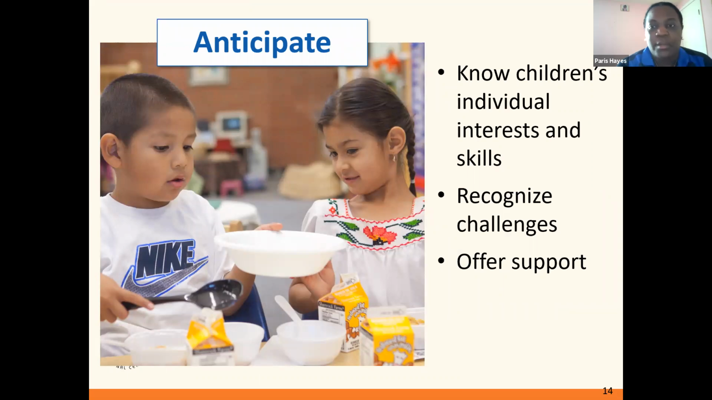Anticipate. Know children's individual interests and skills, recognize challenges, and offer support. Anticipating children's behavior allows staff to determine which children may need more attention and support at any given time. Anticipating how to engage children in activities or in centers makes it easier for staff to plan ahead for all possibilities. For example, if a staff thinks a lot of children will want to use the Play-Doh activity